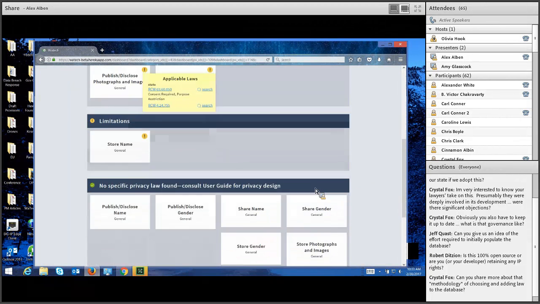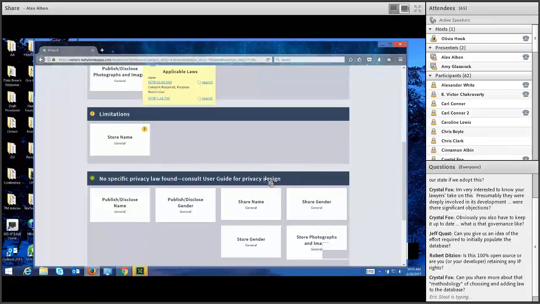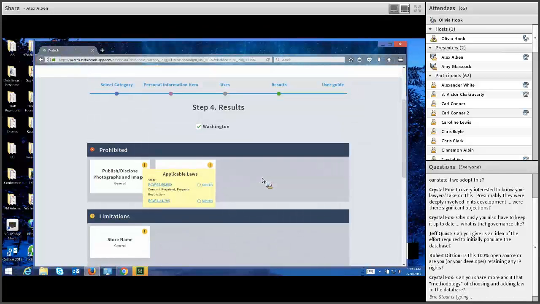Next. Okay, we don't have any more in the chat box right now, so if anyone else has a question, you can just speak up or type it in the box. Looks like we've got someone typing.